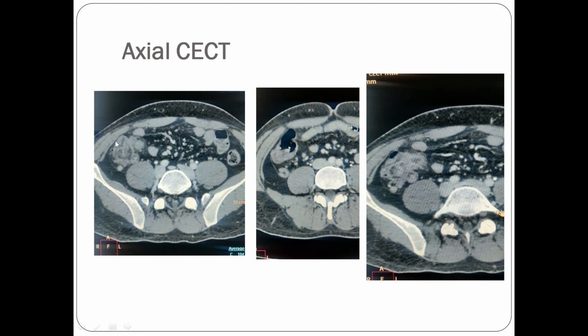So this is the level of the cecum, this is the cecum, and posterior to the cecum we can see this rounded structure, this is appendix, and another rounded structure is seen at the level anterior to the cecum with some fat stranding. Next image, we can see entire appendix which is tubular and normal in caliber. And the third image, which is the zoomed image of the first image, what we see, this outpouching is arising from the cecum with thickened walls and some fat stranding, associated fat stranding within the mesentery.